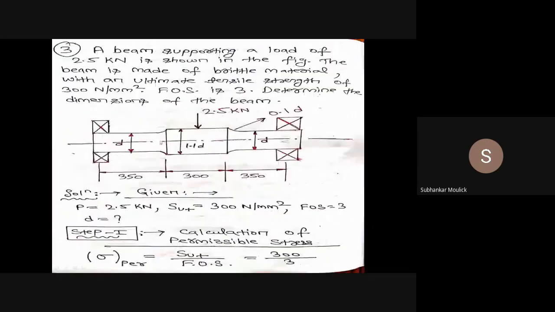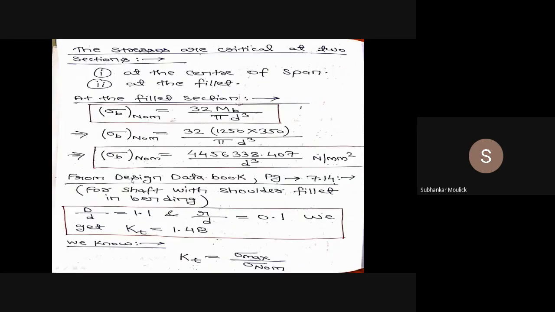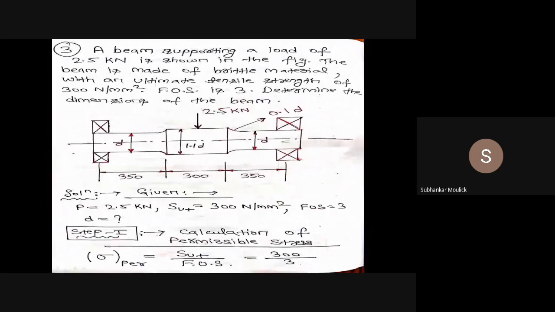Is it clear? Is equation number 2 clear? Any doubt? No, sir. So we have found the value of sigma max for the fillet cross section. Now it is again very clear from the diagram that due to this 2.5 kilonewton load acting vertically downward from the center of the beam, the beam can fail or crack from the center portion also. So for this central portion of the beam I also need to find the value of sigma max.